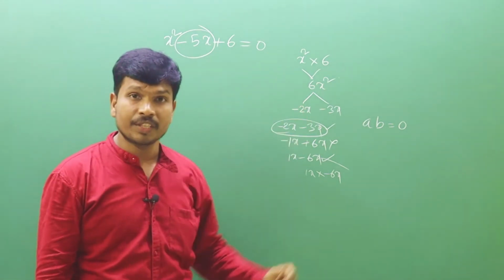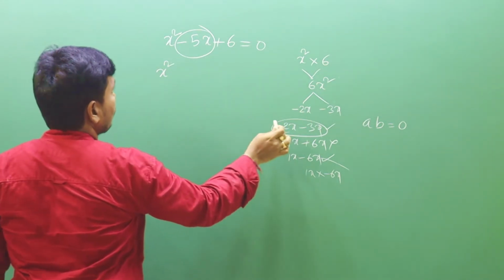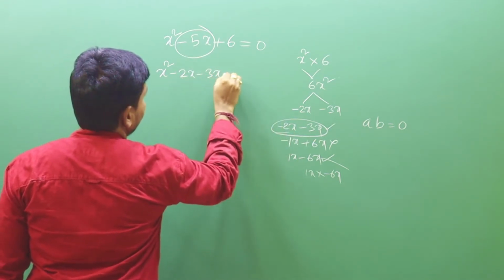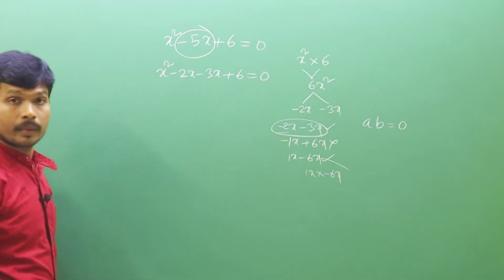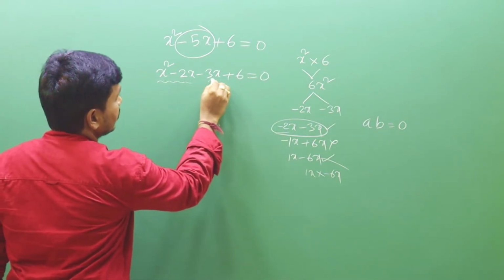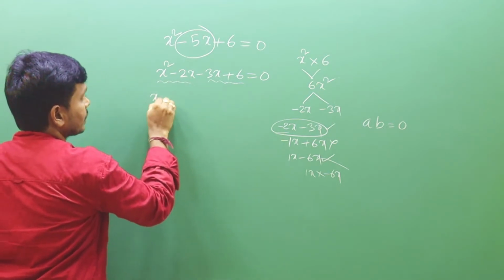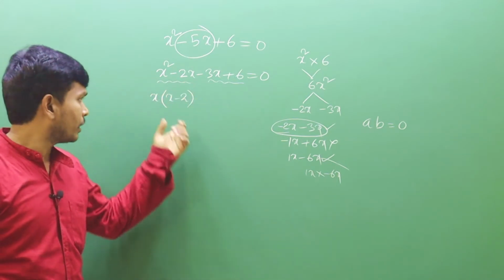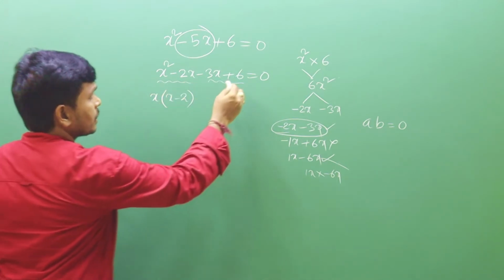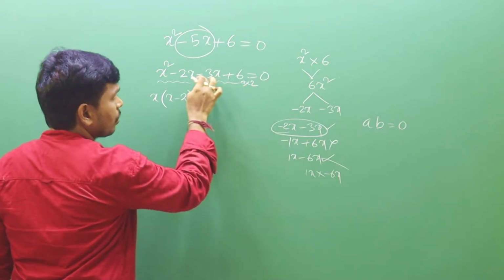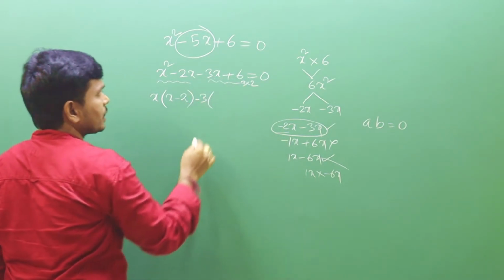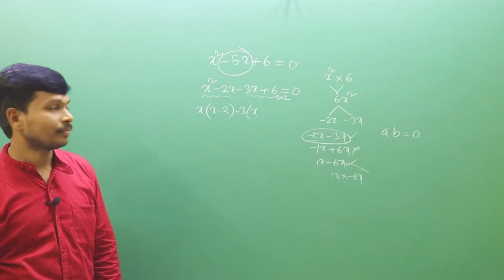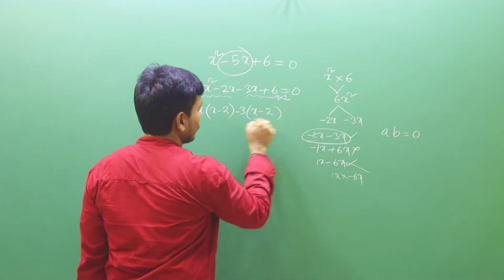You have to identify that splitting. Now replace minus 5x with minus 2x minus 3x, plus 6 equal to 0. Now these are the two terms and these are the two terms. You take x as common, then you get x minus 2. 6 is nothing but 3 twos, no? So what is common in both? Take minus 3 as common, then what sign will we get here? Yes, definitely minus, because minus into minus is plus.